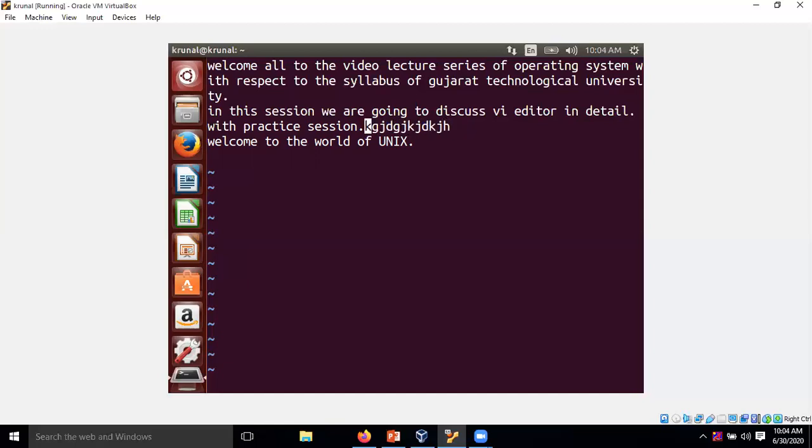Now, suppose I want to append text after the cursor. Let us delete this content first. Okay. Now to append text after the cursor, I will simply use A. It means the cursor location is shifted towards the right by one character. Now, if I want to do some modification or editing, I can do it. Yes. Again, if I want to delete it, I will simply press escape and press delete over here.